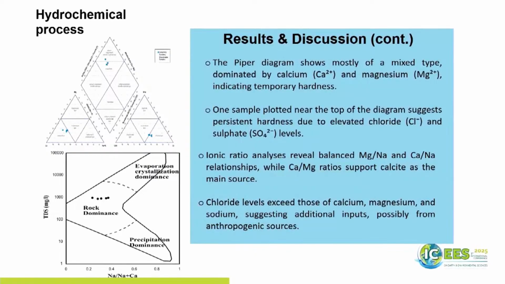So for the hydrochemical processes that we realized, we checked with regard to our water quality guidelines. So we use the Piper diagram to analyze this. We observe there are two types of ions that are located at the bottom. If you check there at the Piper diagram, you can see the magnesium and the calcium,